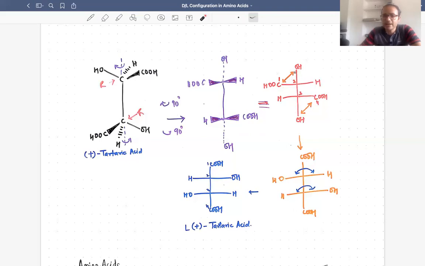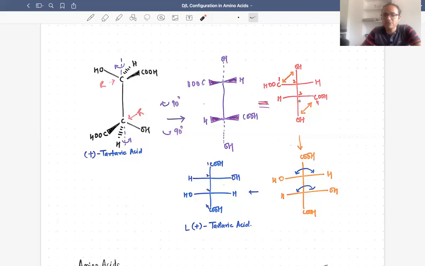This is again R, because you can see here first priority will go to oxygen, second priority here, third priority here. So when you rotate it 1, 2, 3, it looks to be anti-clockwise, so it prefers to be an S configuration, but we know the lowest priority is on the horizontal bond, therefore this configuration would be R. So that means our original was R. When we convert it into a Fisher projection formula, it's still an R.